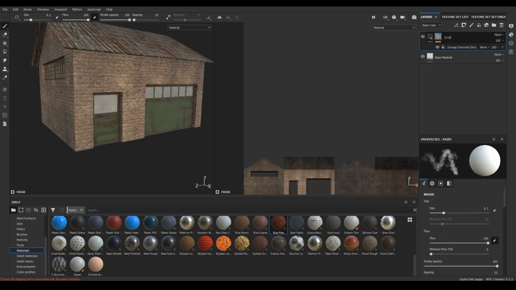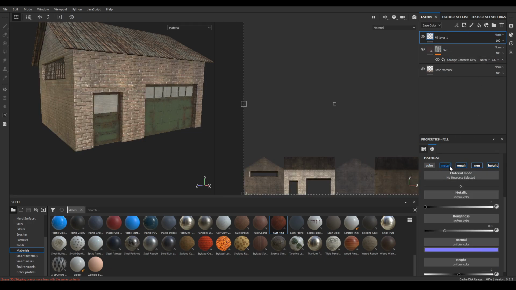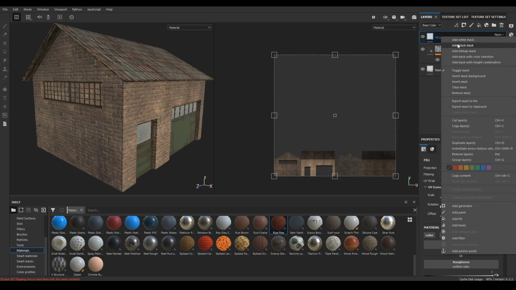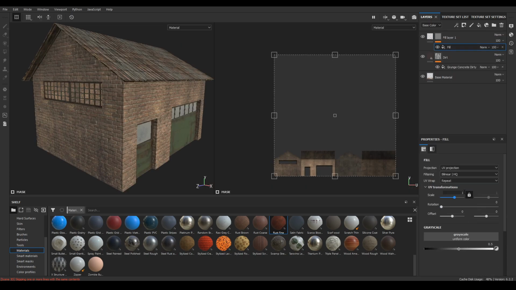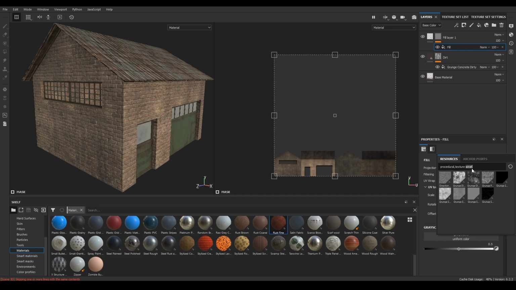Rename it as dirt. Take a new fill layer and disable the color, metal and normal. Decrease the height value to -0.3 and roughness to 1. Now take a black mask and add a fill. In this fill search for cracks.